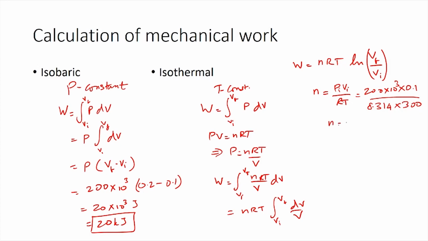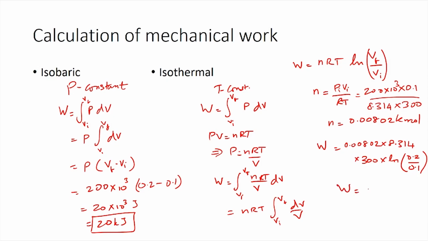So, using this we can calculate N as 0.00802 kilomoles. Now that we have N, we can calculate the value for W. We already know the value for R, we know the value for T is 300 Kelvin, Vf is 0.2 and Vi is 0.1. So, we can calculate it as 0.00802 times 8.314 times 300 times ln of 0.2 divided by 0.1. Solving this, we can calculate W as